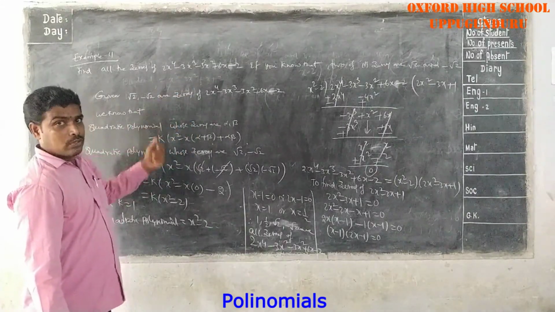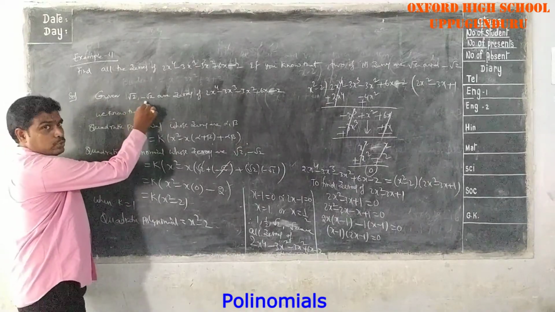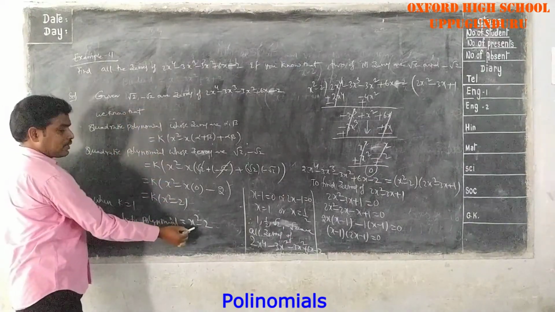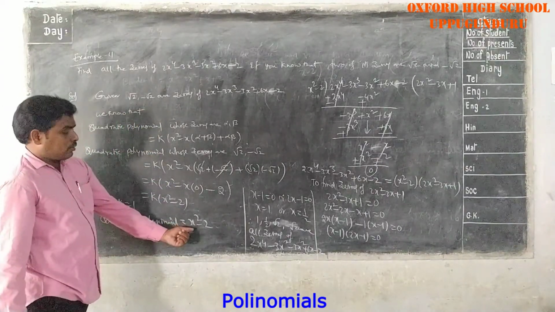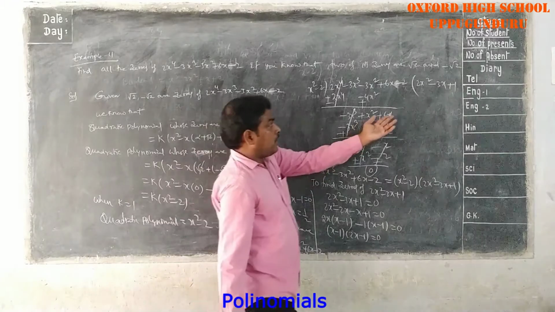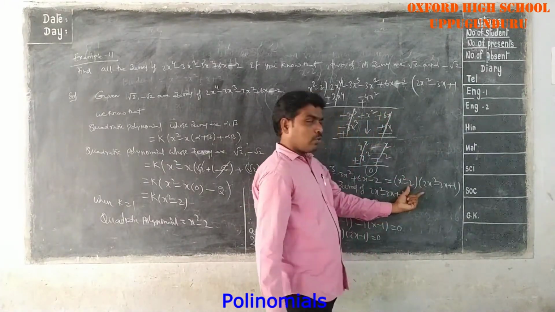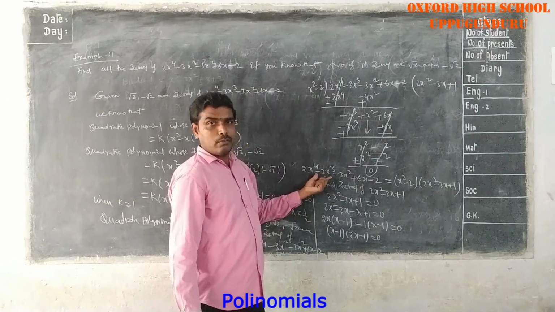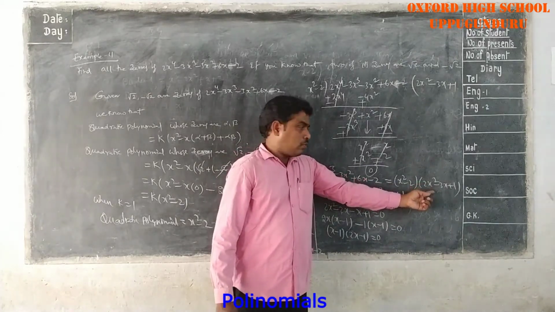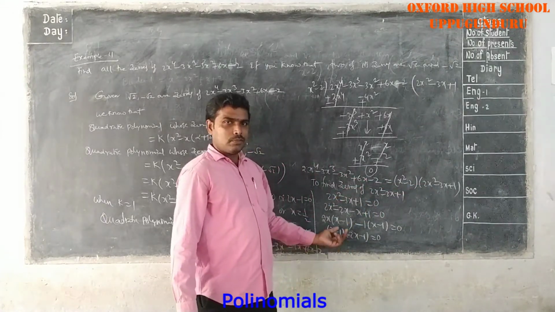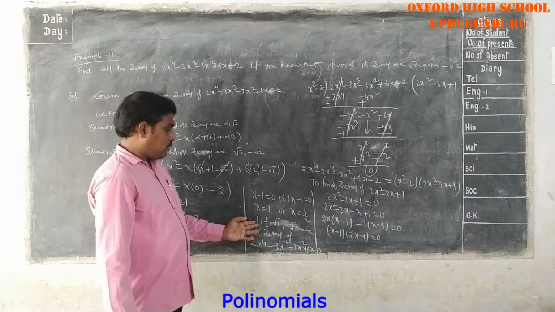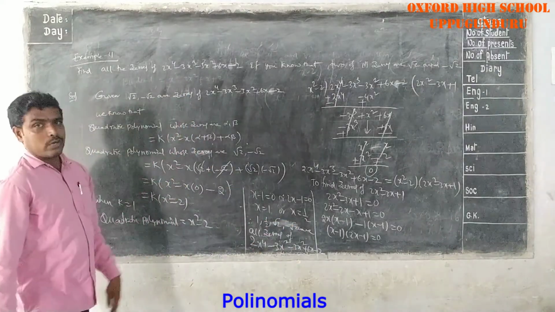Already they gave 2 zeros. So based on these 2 zeros, we are finding a quadratic polynomial having these 2 zeros. That is x square minus 2. So we are dividing this degree 4 polynomial with this quadratic polynomial. We will get another quadratic polynomial. So the product of these two quadratic polynomials is equal to this biquadratic polynomial. Here we already know the zeros for this. Now we have to find the zeros for this. So to find zeros, we are using the factorization method. So we are getting the zeros here. So finally we are writing 4 zeros of the given biquadratic polynomial.